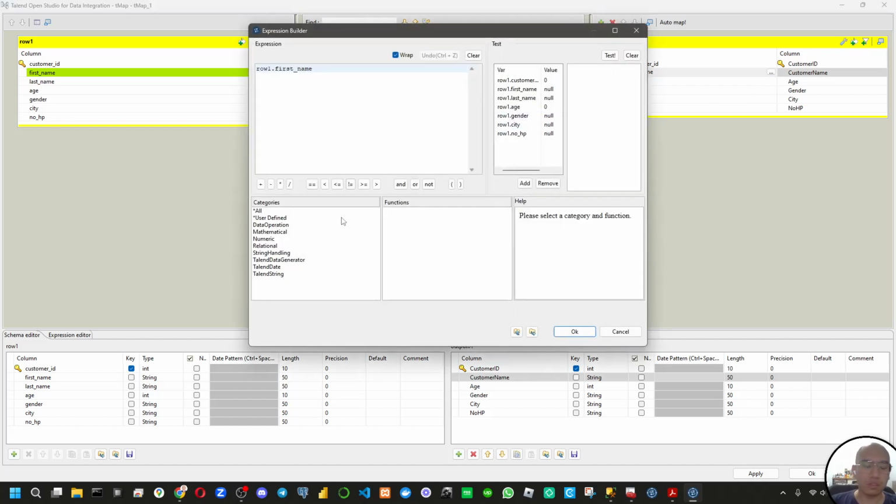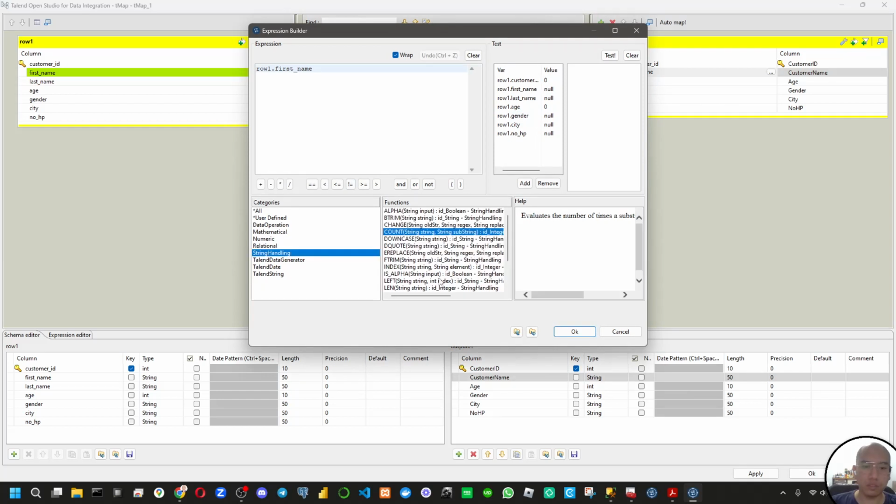Now we're gonna combine the first name and the last name, so we choose the string handling category, and I'm gonna upcast the name so it will become all capital. First name, we're gonna separate it with a space.